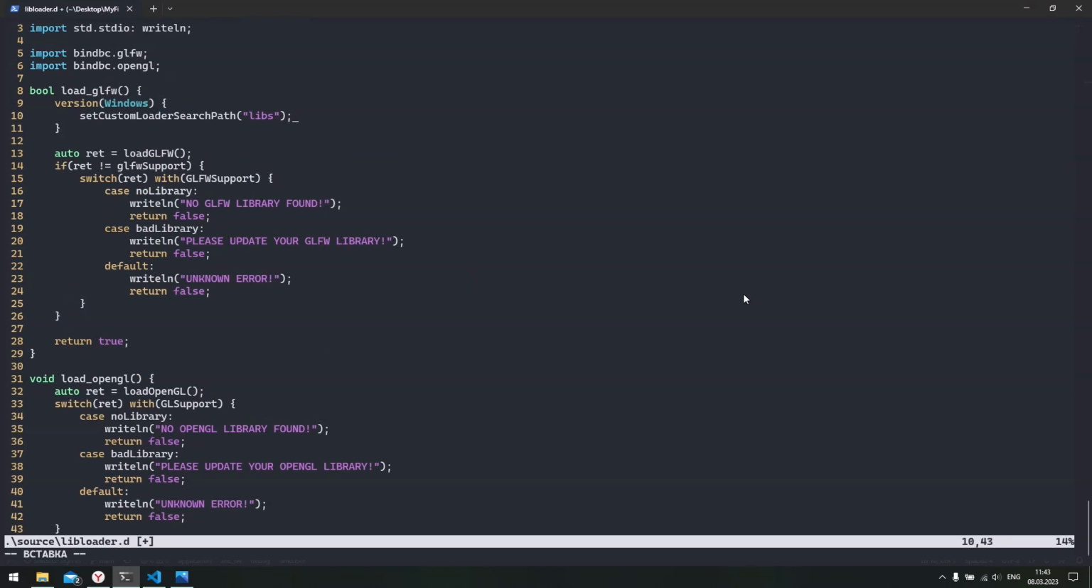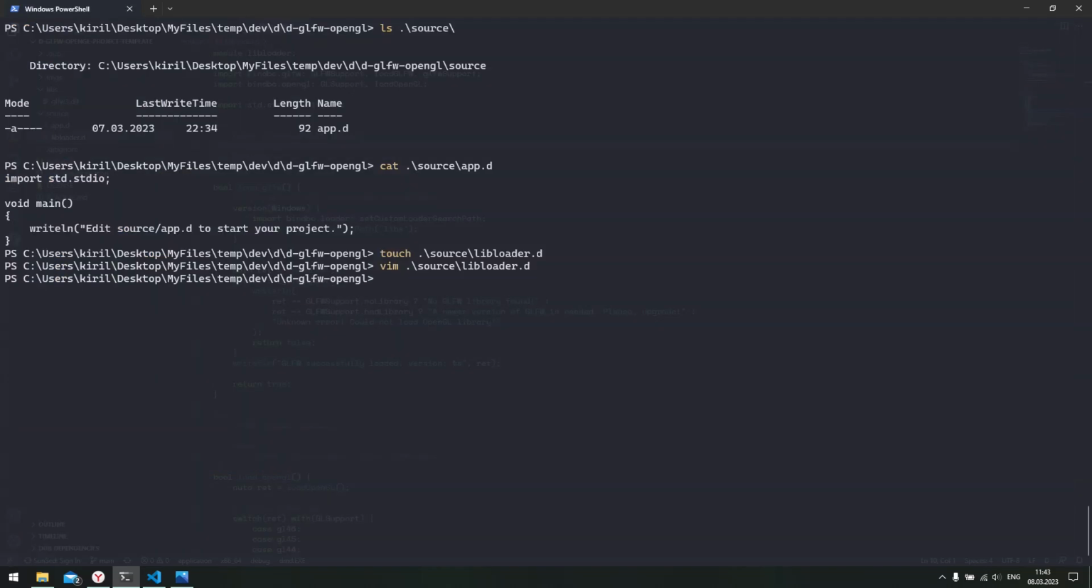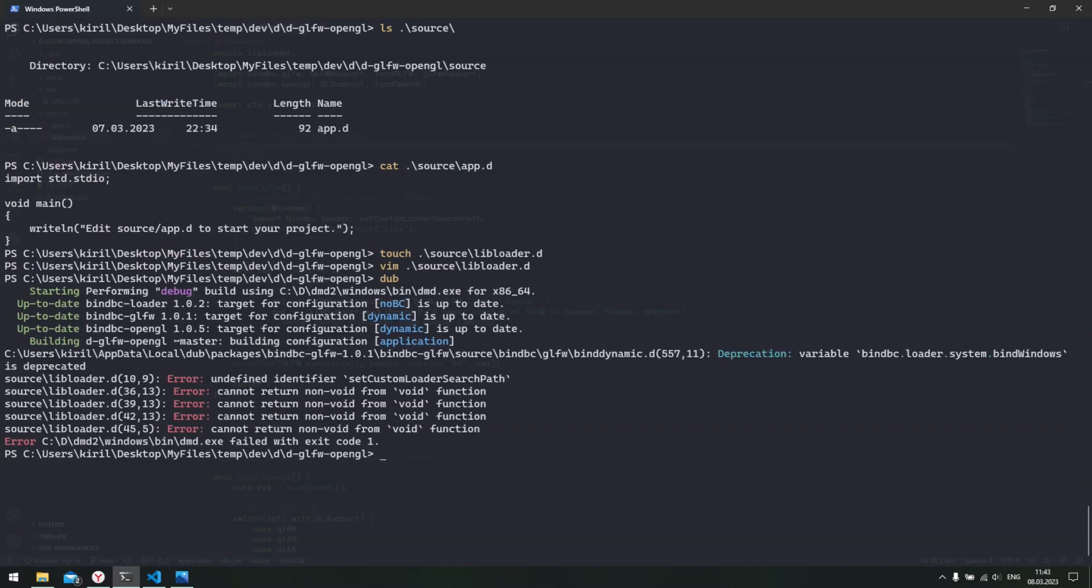And in order to load the GLFW library, we need to specify where to find the GLFW library in case you're using Windows. If you're using Linux or macOS, it will figure out on its own. So let's save the file and let's run dub. Set custom loader search path. So it's not found because